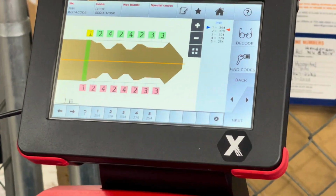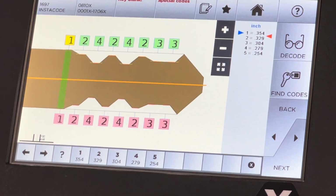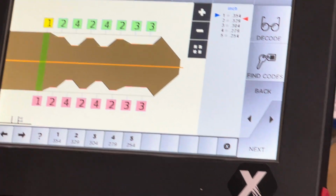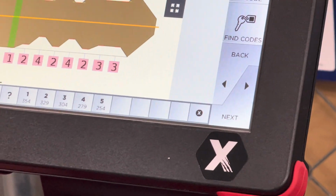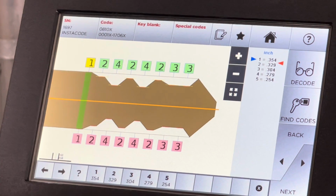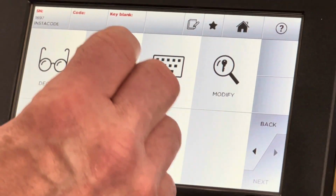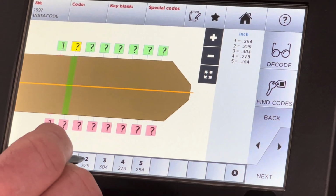Right. Now, if there's no code, let's say the customer's key is whittled down like a stick. I'm going to show you what you can do. Okay, take it out. No, you can leave it in. Give me the stylus for a second. So, let's say it has an image but with no code. Take a picture of it with your phone or write it down. Go back into it. Go into direct. And now you can start to